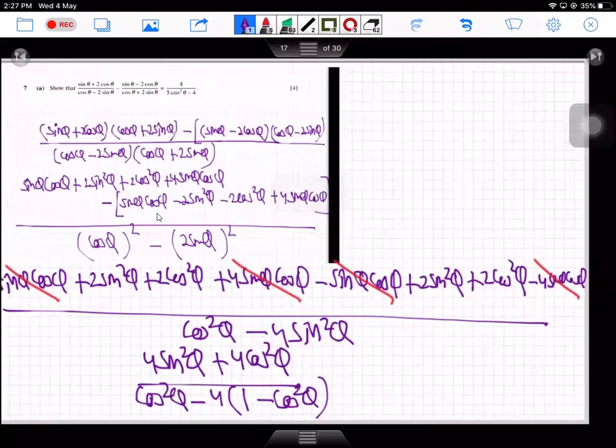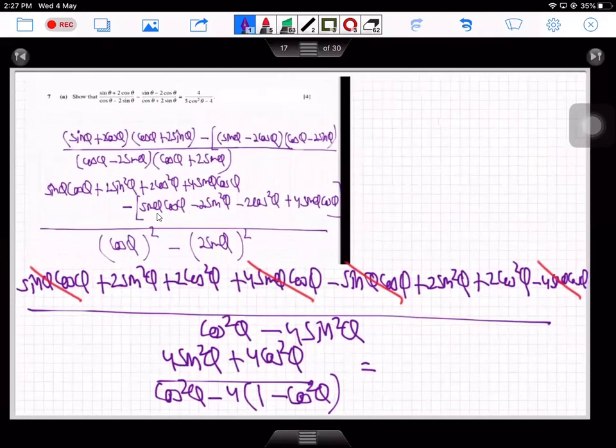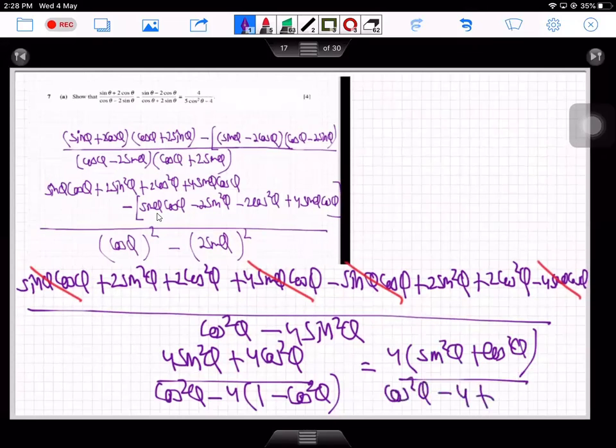Here you go. Now in the numerator, you can take 4 as a common term and multiply it by sine square theta plus cos square theta. And since the basic trigonometric identity is that sine square theta plus cos square theta is equal to 1, the numerator is just 4, meaning 4 multiplied by 1. And in the denominator, cos square theta minus 4 plus 4 cos square theta, and then 4 upon